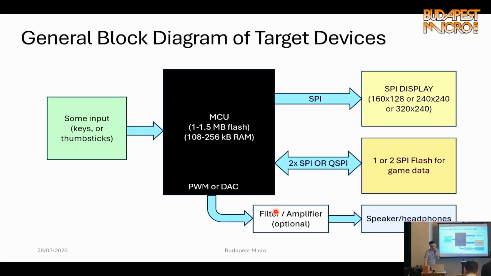And then the audio part, which is generated either through PWM or DAC. Then there is a filter, an optional amplifier, and then you connect the speaker or headphones. And this is common both in Quake and in Doom.